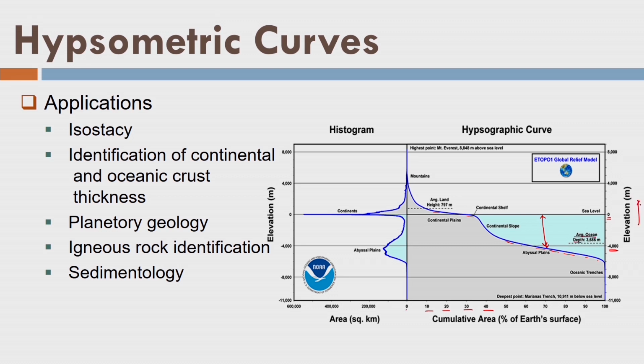This is the elevation level here and this is the cumulative area of earth's surface. As we go in the x direction, the cumulative area is 10, 20, 30, 40 and so on. And here we are showing the histogram, what the area is like under water and so on. So, that is what we call the hypsometric curve. And what are its applications? Isostasy, continental and ocean crust related to geological studies, but they also come from the hydrographic data. That is why we say that we have two products, one is the nautical chart and the other is the hypsometric curve.